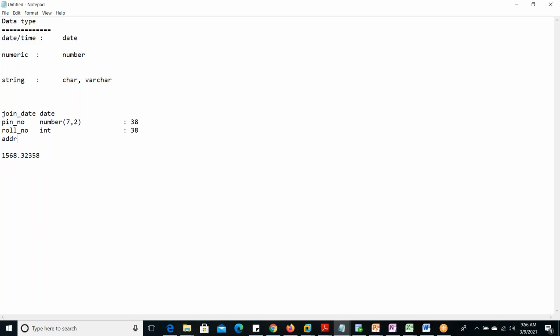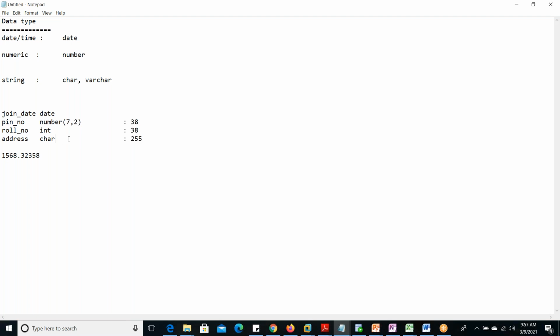Okay, so here we can give another column. Suppose address is one column. For that we have to give the data type. Since this will contain character-related data, we can give the char data type. What is the highest limit of this char data type? 255. Remember this. This will be one interview question. The highest limit is 255. It can be less, no problem: 1, 2, 10, 20, anything. But the highest is 255.